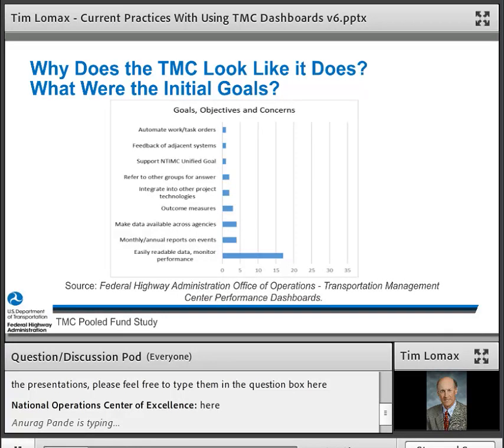So why were the TMCs initially formed? What were they trying to accomplish? What were they, to the best of the respondents' memory, what were the reasons for doing the projects? I think it's not surprising that most of them were to monitor performance, to find the easily available, easily readable data and turn it into something that performance could be monitored. For the most part, internal operations, but also a fair amount of external sources or external